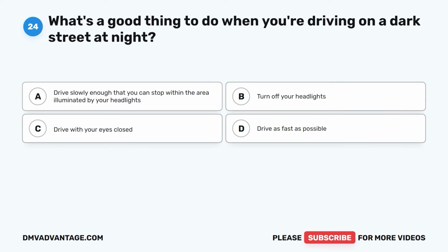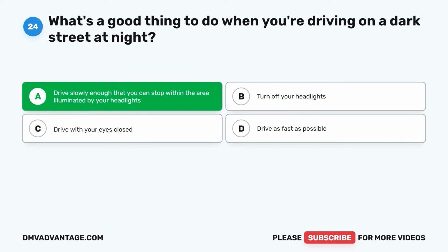Question 24. What's a good thing to do when you're driving on a dark street at night? A. Drive slowly enough that you can stop within the area illuminated by your headlights. B. Turn off your headlights. C. Drive with your eyes closed. D. Drive as fast as possible. The correct answer is